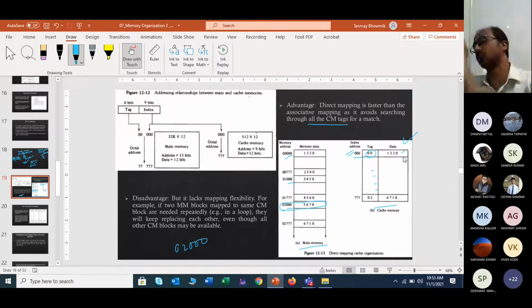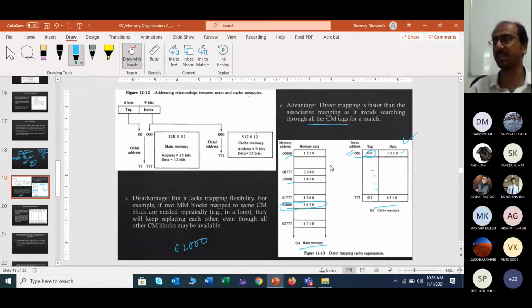So irrespective of the situation, whether you have a vacant room or not, you cannot be allowed to store any data there, or you cannot be allowed to use that storage. So you have to just replace the existing data, and again you have to come back to that particular section and access those data. This is the disadvantage actually: it needs regular replacement.